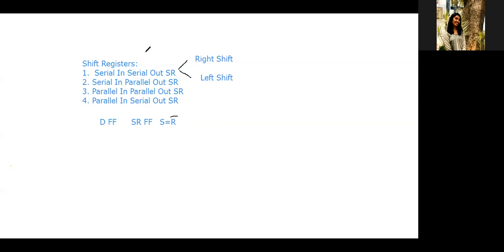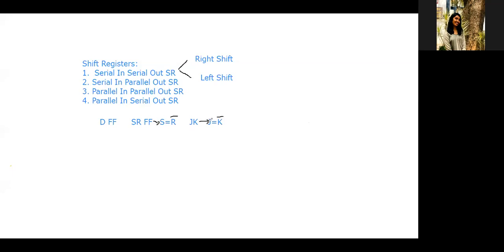In the same way, if you want to use a JK flip-flop, you have to consider the same condition: J is equal to K bar. If you make the connection like that, then in place of the D flip-flop, you can use an SR flip-flop or a JK flip-flop also.